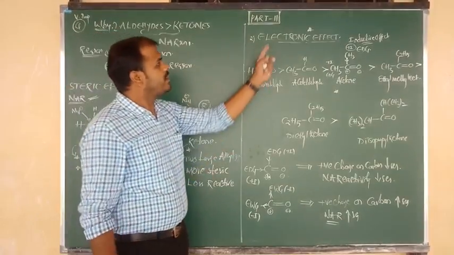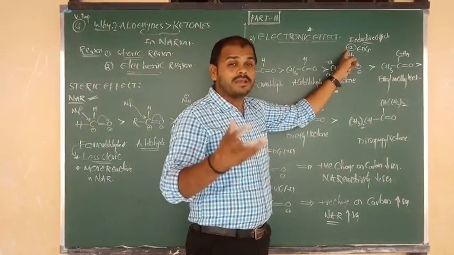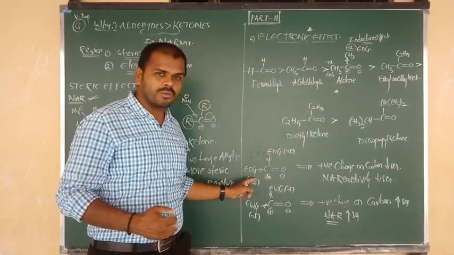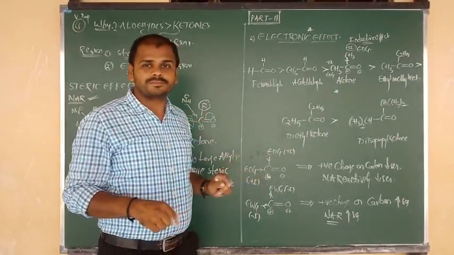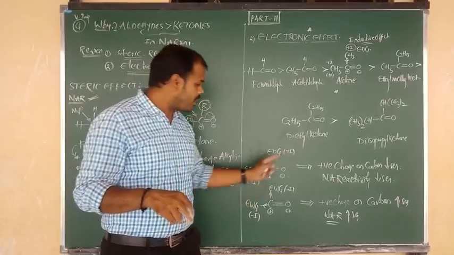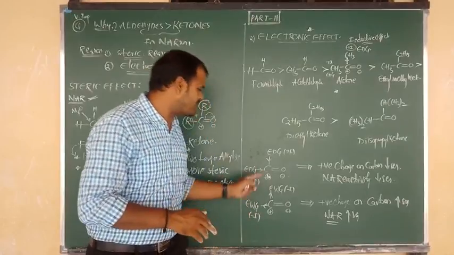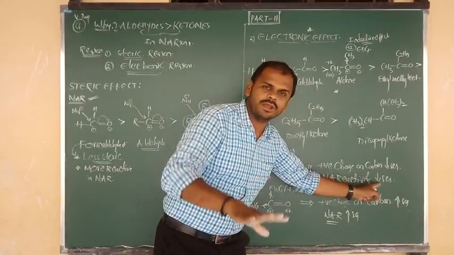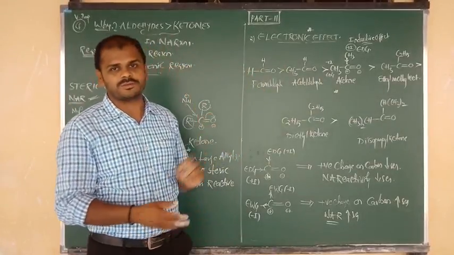That means less reactive. Electronic effect concept is nothing but in presence of electron donating groups, positive inductive effect groups, especially in case of ketones, they decrease the positive charge of carbon, they decrease the electrophilic carbon. Electrophilic means electrophile charge is plus, na beta. So electron donating groups or positive inductive effect groups will decrease the positive charge of carbon. Due to decrease of positive charge, nucleophilic attack takes place slowly, means nucleophilic addition reactivity decreases. In case of ketone, here for aldehyde, no donating nature, they are more reactive.